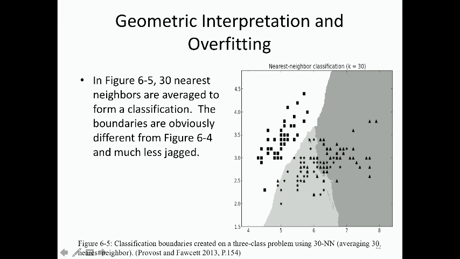And in this one, using k equals 30, in this area, the stars are correctly predicted to be stars, but there are some triangles that are predicted to be stars. And similarly in this area, triangles are predicted to be triangles, but stars also get predicted to be triangles. So just from this, you can see the